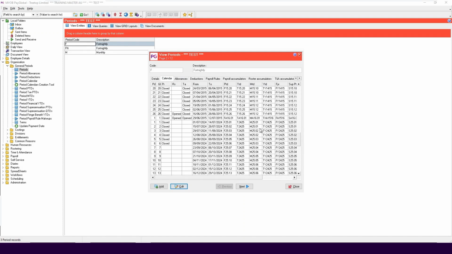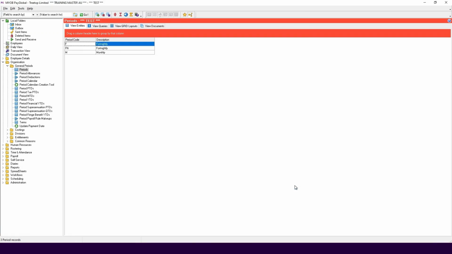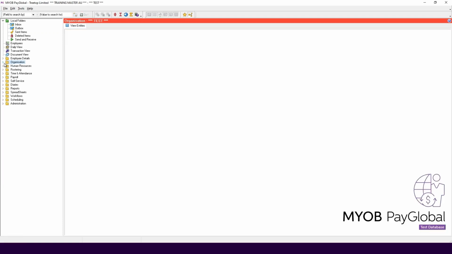When you roll back, the pay is reopened and needs to be reprocessed before closing. Therefore, if you roll back multiple pays, you would need to reprocess each and close them before moving on to the next. If there have been any employee changes, such as employee rate changes, this may affect rollback pays as it may not match the original payment.